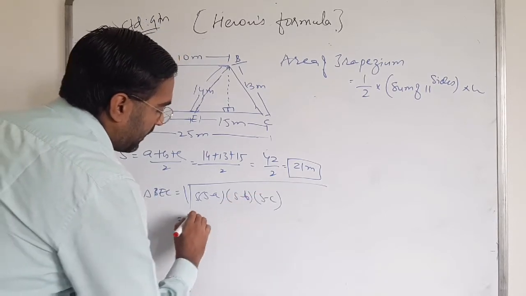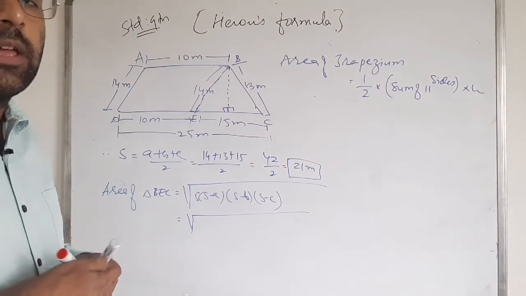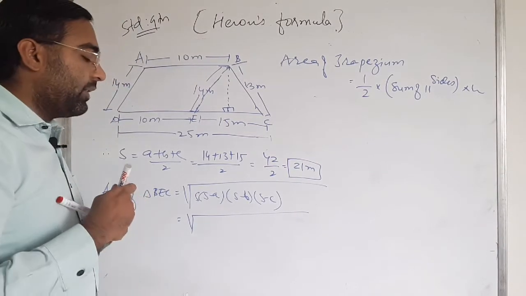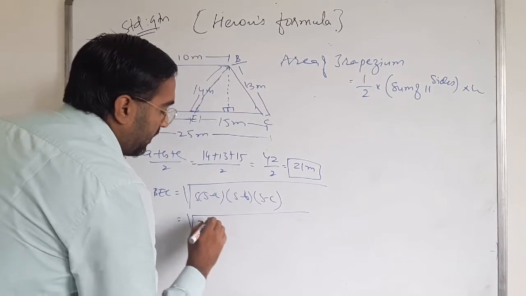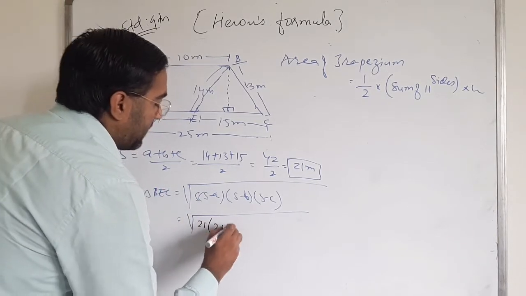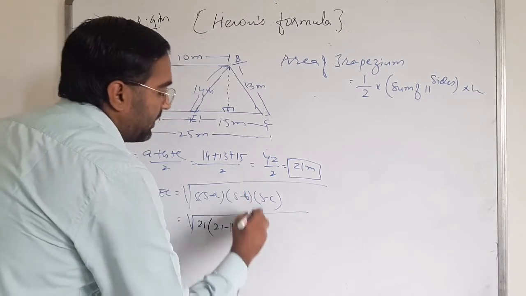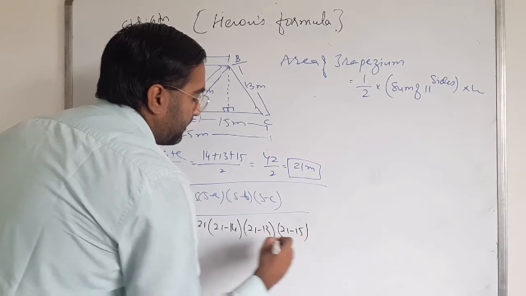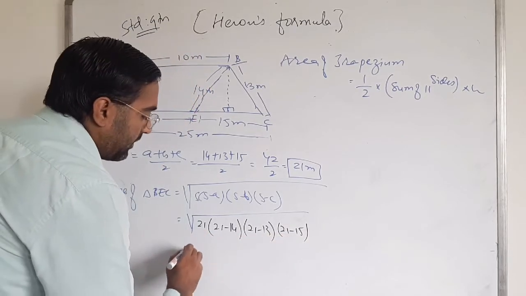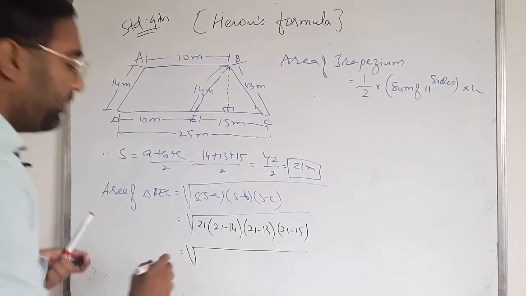Okay, first of all we know that the semi perimeter S is 21. So I'll write 21 minus a, that is 14; 21 minus b, that is 13; and 21 minus c, that is 15. Okay, so my answer will be 21 into